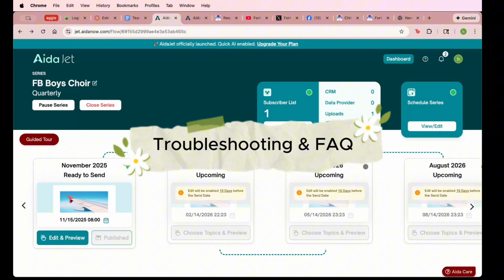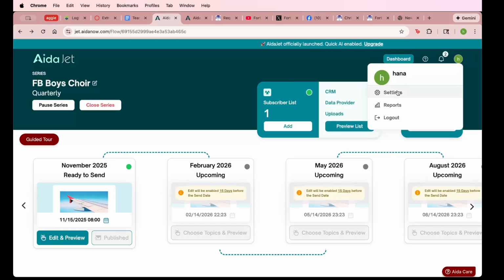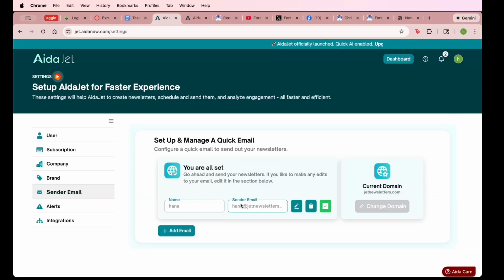All right, let's go ahead and talk about what if your newsletter doesn't send. The first thing you're going to want to do is make sure you're connected to the internet. I'm good. I know that. You're also going to want to make sure that you've selected a subscriber group and you've actually added subscribers to your list. Check that your email is verified. You may have seen earlier that it said I couldn't send it because there was no email attached to it. Go ahead and add an email onto your settings account and make sure you have a sender email attached. I have this random email, however, you would want to add your